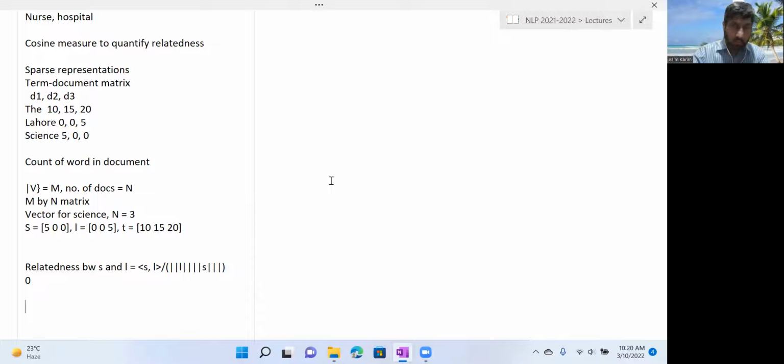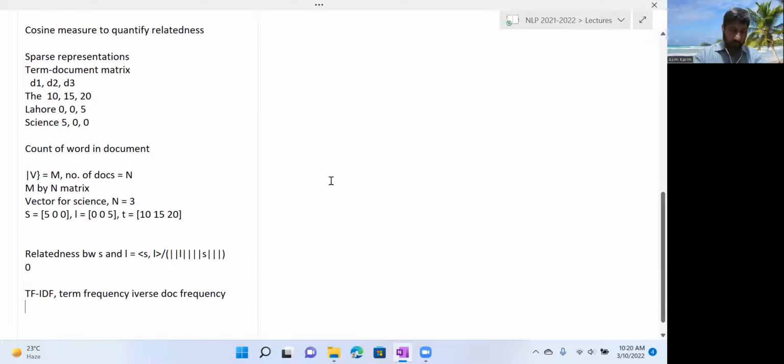So the measure that is typically used for this is called term frequency, inverse document frequency. This is a very common weighing scheme, very popular in IR, information retrieval, and web search. So let's discuss that. As you can see, TF-IDF of, let's say, the word science in document D1,